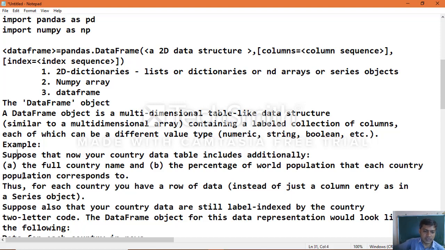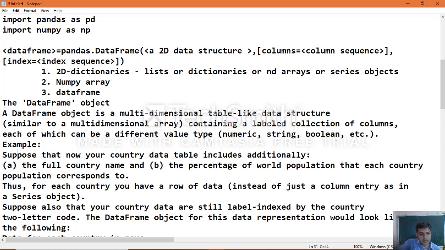So in one table we want to create a data frame which includes things like the full country name and the percentage of world population that each country's population corresponds to. Thus, for each country you have a row of data, instead of just a column entry as in a series object. So in a series object we take it as a column entry, instead of that here you can have a row of data.